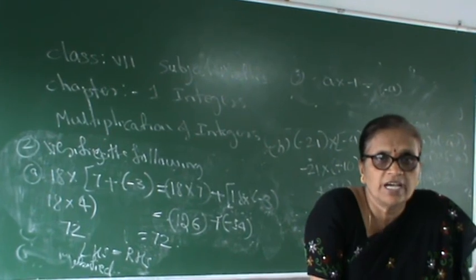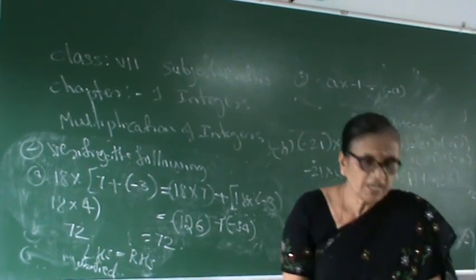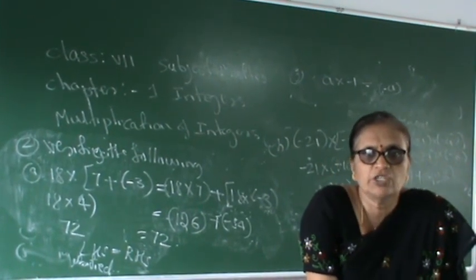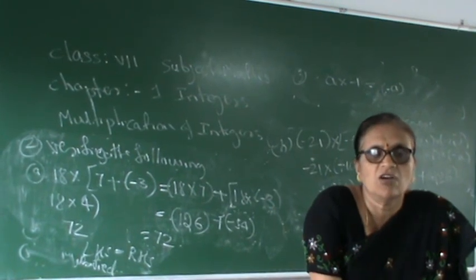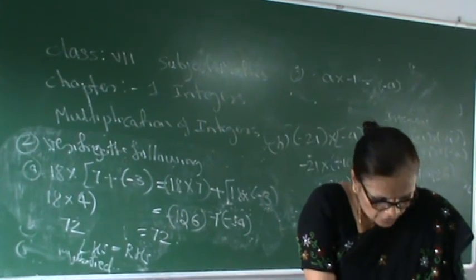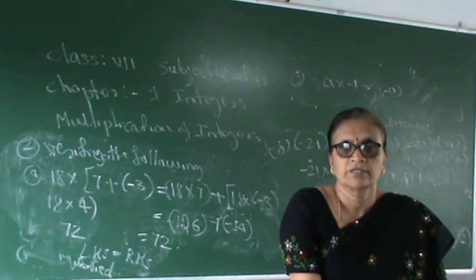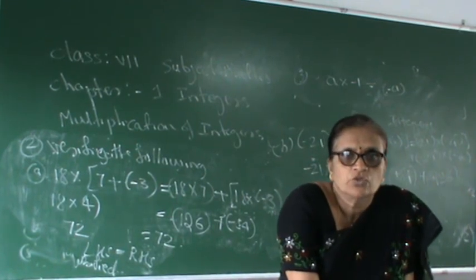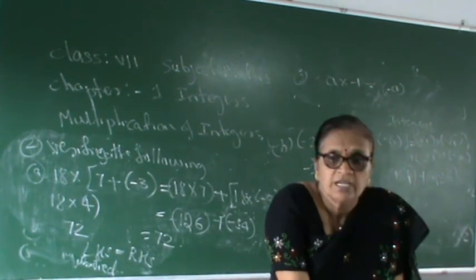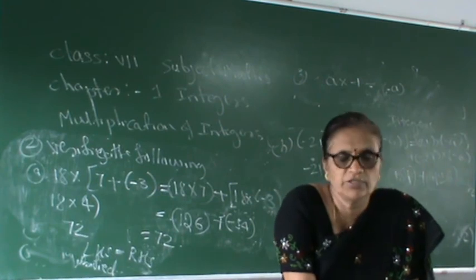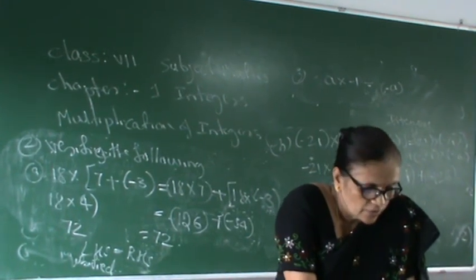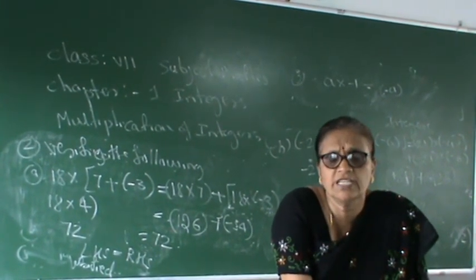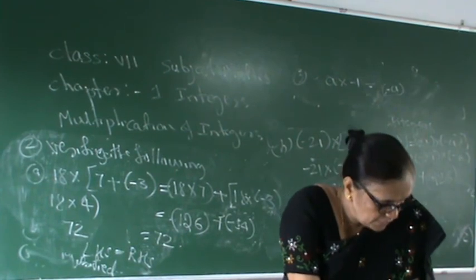Question number 5. For the product we are using the suitable property, means distributive property of multiplication over subtraction or addition. If you use it, then you can complete this exercise. Okay. So today you are doing the homework exercise. Before going to the exercise, write down the properties first, then go for exercise 1.3, questions 1, 2, 3, 4. Today's homework is 4 bits. Next we will continue with the 5th bit.